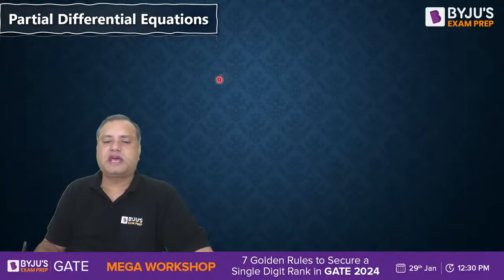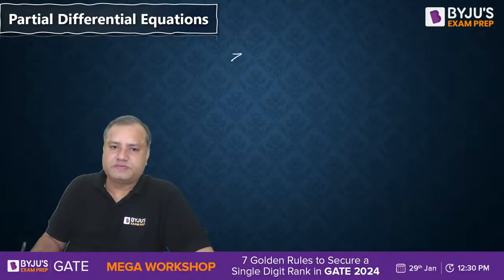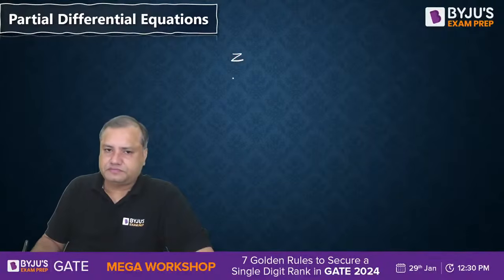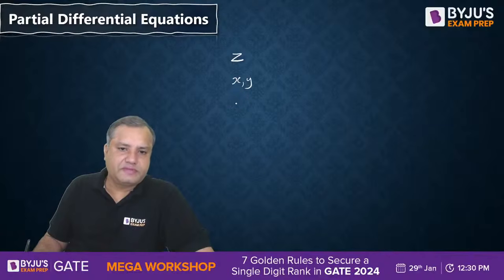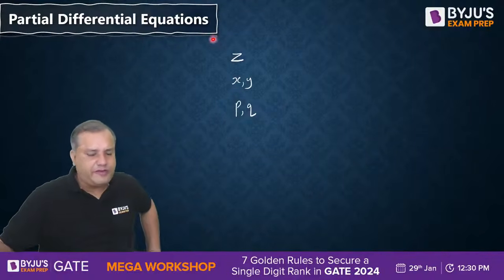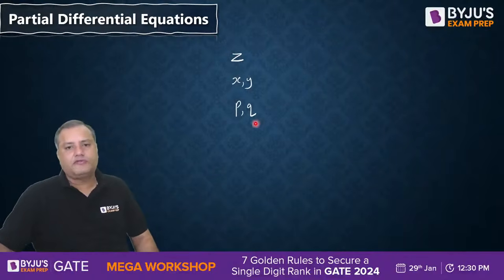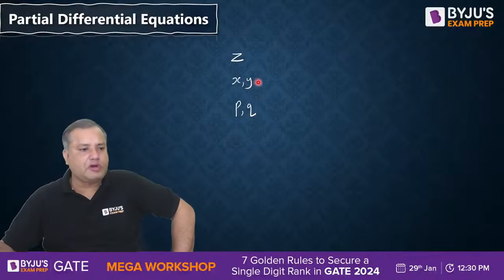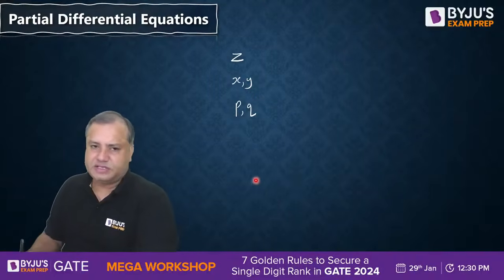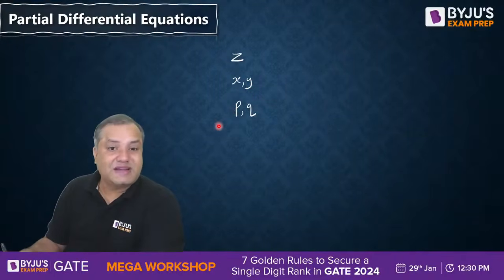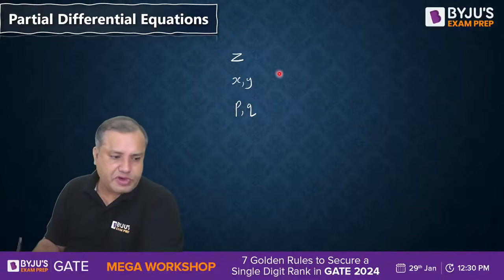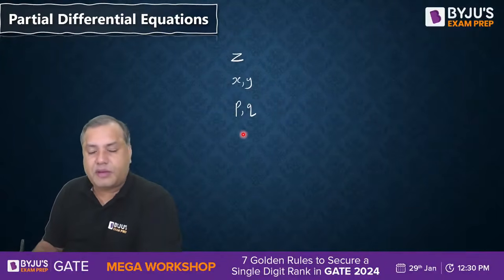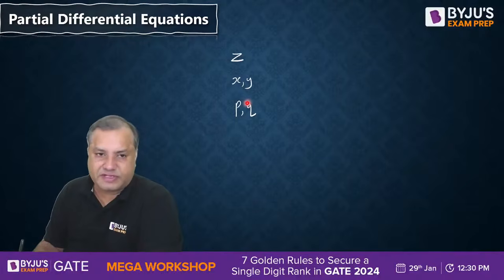Which parameters can be there? So students, there can be z, independent variables x and y, and first order partial derivatives p and q. So these 5 parameters will be part of a non-linear PDE. Depending on which of these 5 parameters are present in the differential equation,